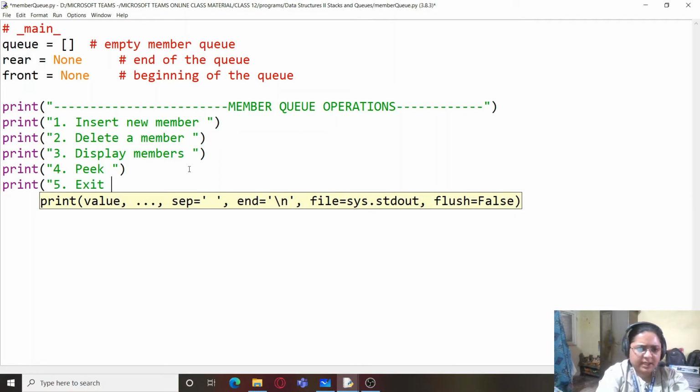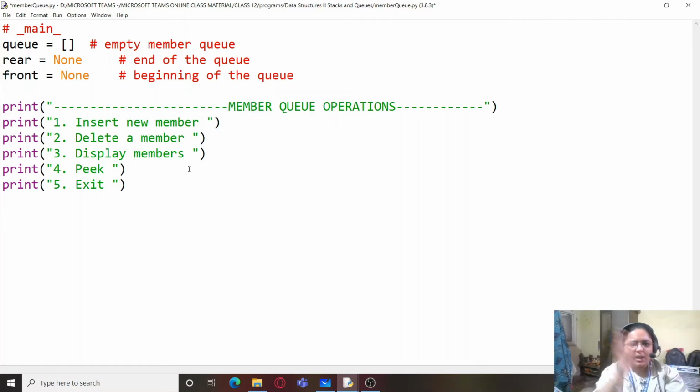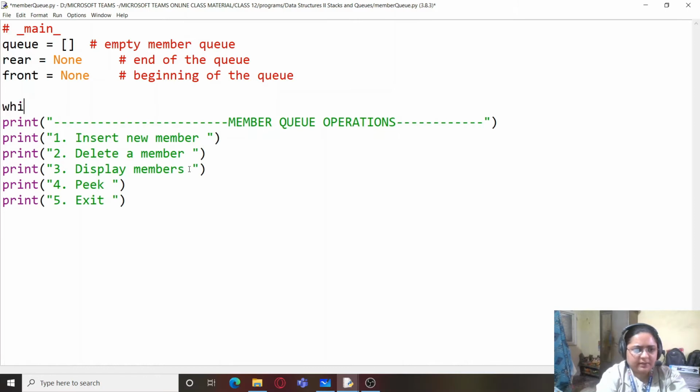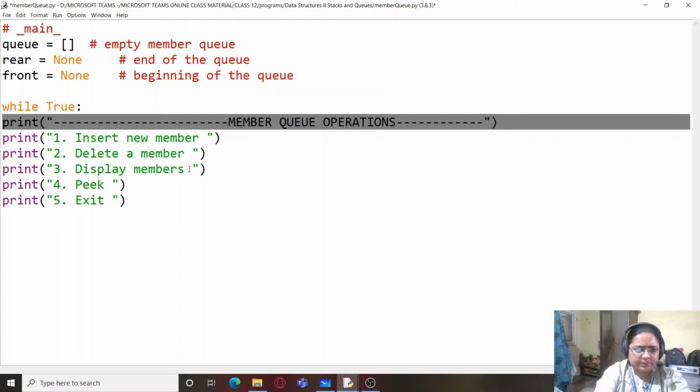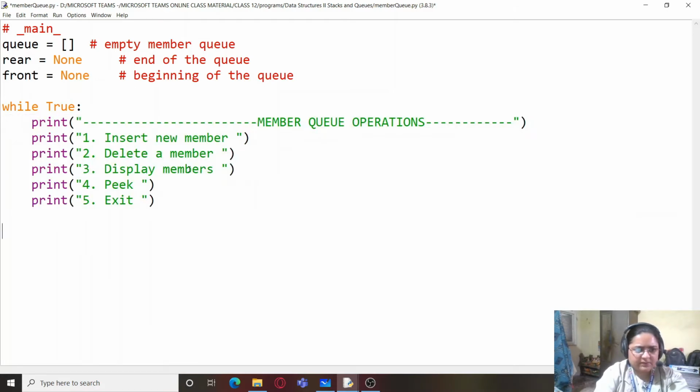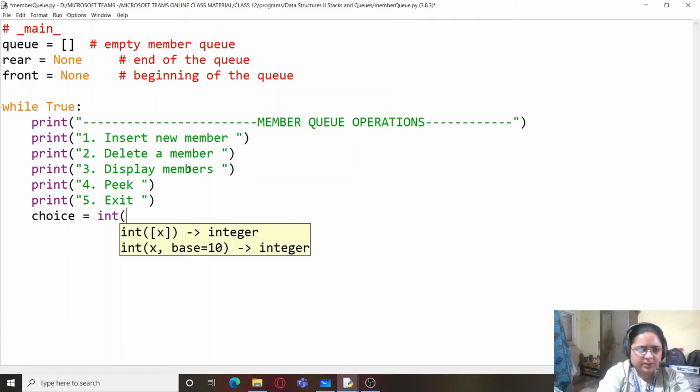That is, if the user enters any value which is not between 1 and 4, then it will exit. And for doing all this, we will be having while True, that is an infinite loop. So this will keep on executing as long as the user wants, and hence now we will be asking for the choice from the user.